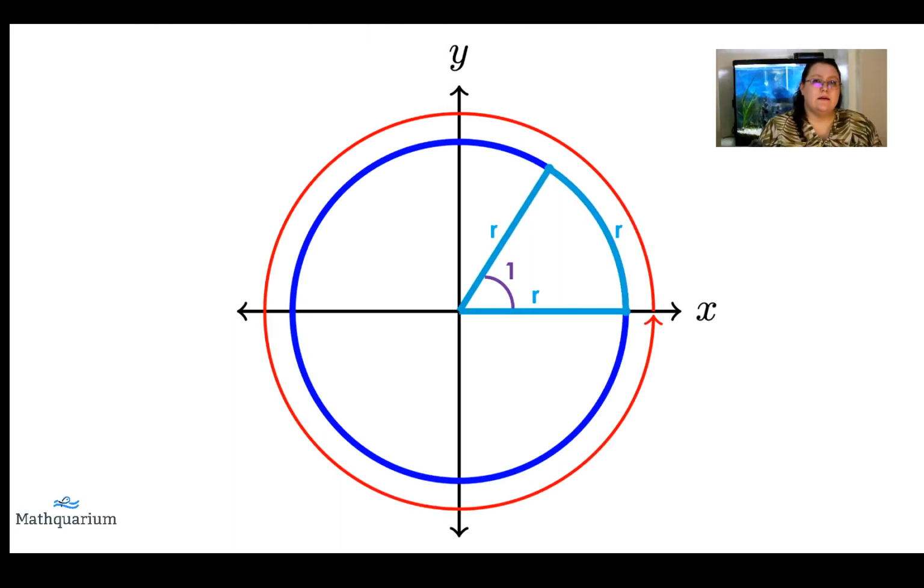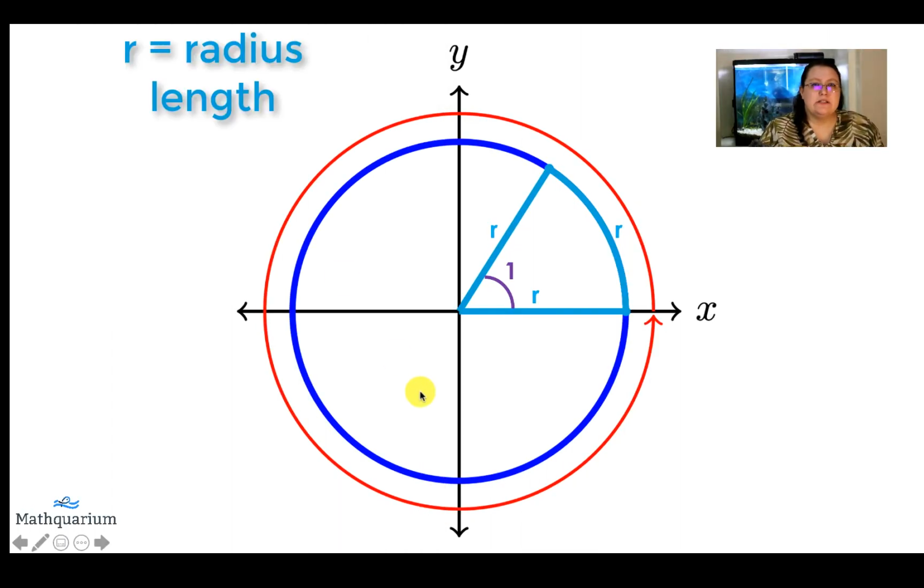Now let's extend this to any circle. Imagine we have a circle of radius, let's say r. So any number it could be. Remember, the radius is any segment that goes from the center of the circle to the end of the circle. So this cyan line right here going from the center to the end of the circle is also a radius